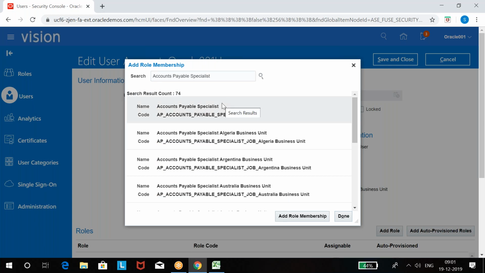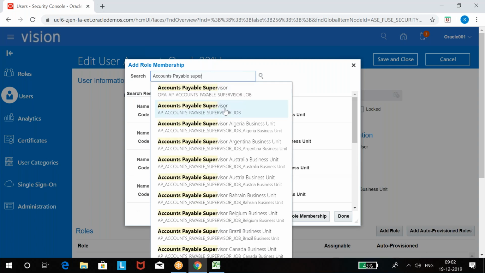Accounts payable specialist is to create invoices and process payments. Accounts payable supervisor gets access for approving invoices and all. Okay, so these three job roles are required for AP. Accounts payable supervisor.